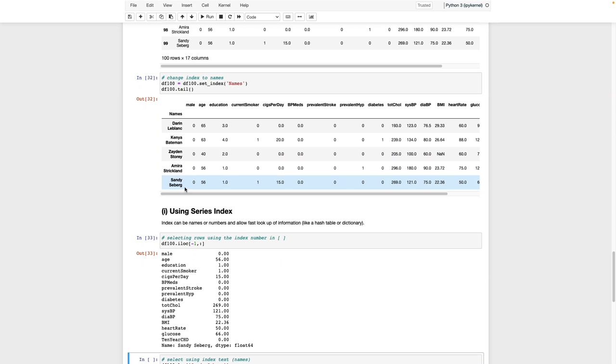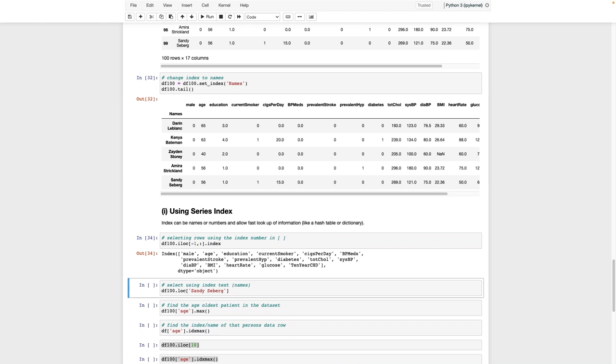Now we notice it does not give us the name because the name is actually the index. So that's just the identifier in this case. So we would probably assign this to some name or some ID number that will then be used to help us identify to whom this information belongs. If we want, we can do df.index, and that would return to us the index if we did